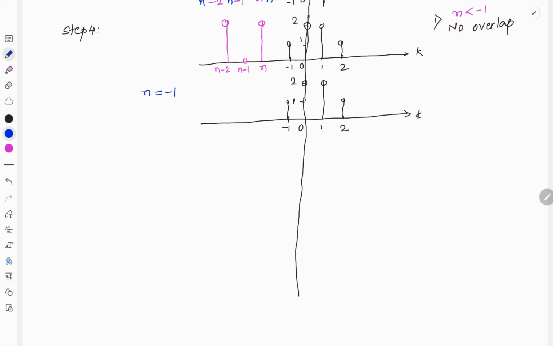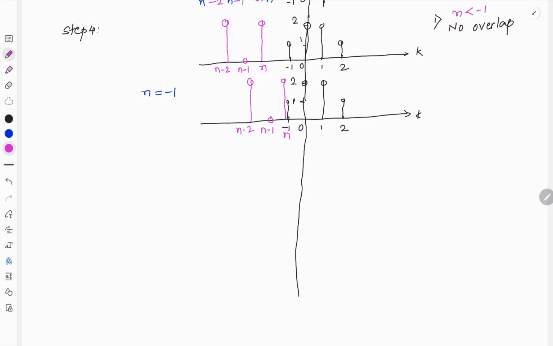Therefore this n will overlap at minus 1. So considering the value of n equal to minus 1, if I draw it, this is the n coordinate, this minus 1 and n coincide with each other. We have n minus 1 with 0 and n minus 2